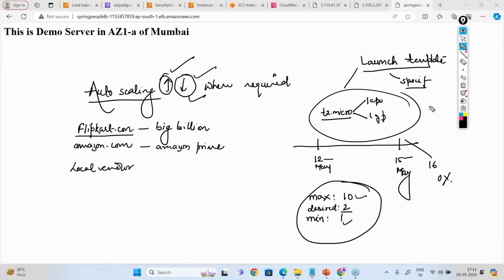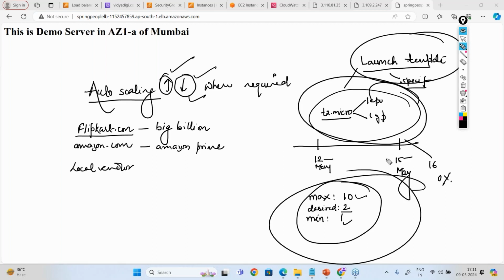Linux type, Windows type, Ubuntu type, Mac type, what will be the capacity, what will be the key pair, what will be the security group, in which VPC, everything I'll be defining here. Fine. AWS is not going to take any decision. Now, when you define this, auto scaling will take place according to your settings. Fine. And then there will be different policies as well.